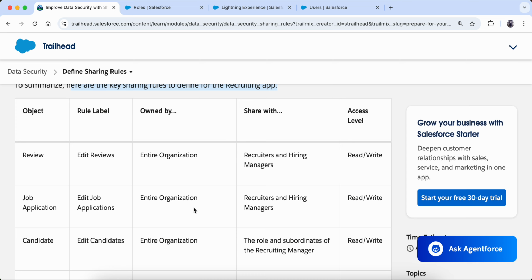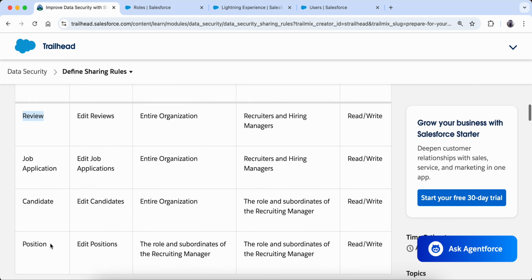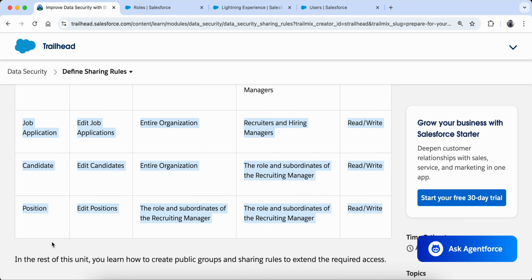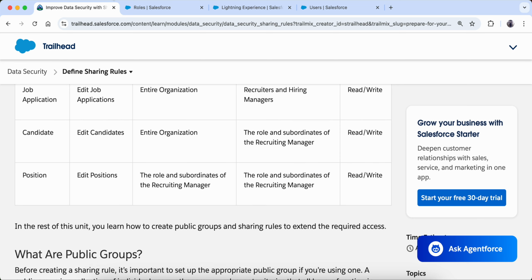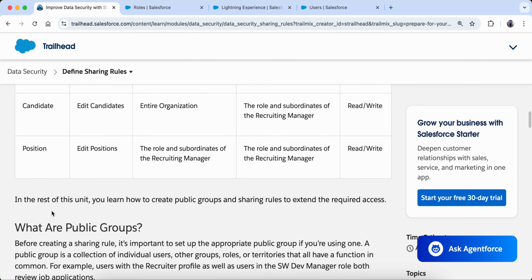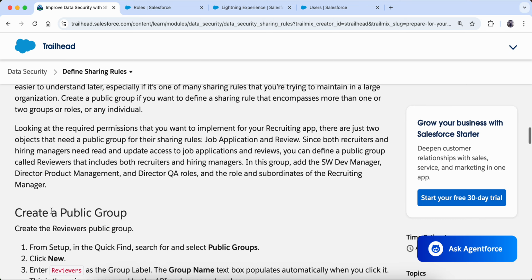We already have this object which is known as review, right? But we don't have the rest of the objects. When you do the practicals, you will have all the objects. I also have all the objects, but that is in my other hands-on org. I did those practicals in my other org, and now I am in a different Salesforce org. So I will do whatever is in here only.